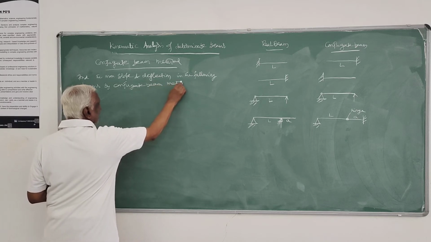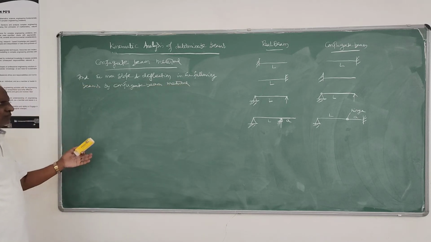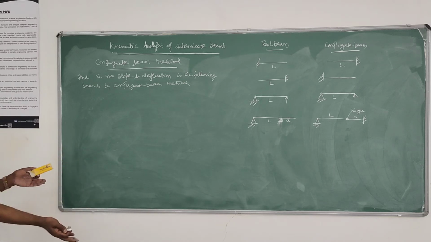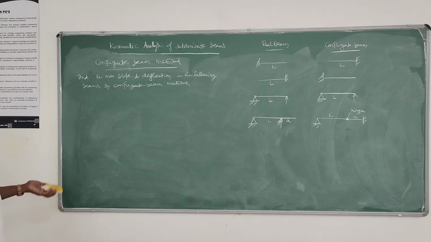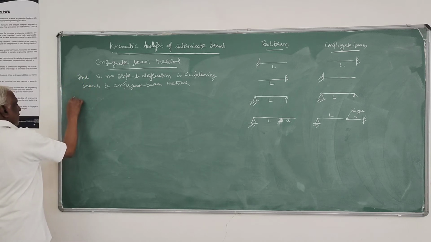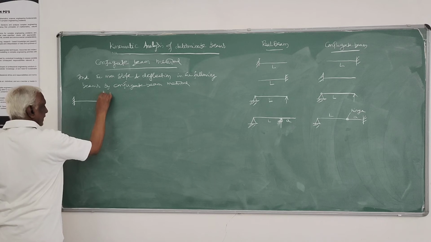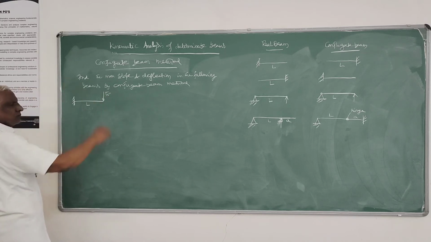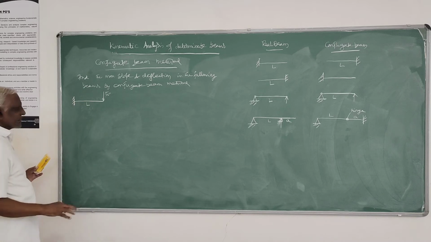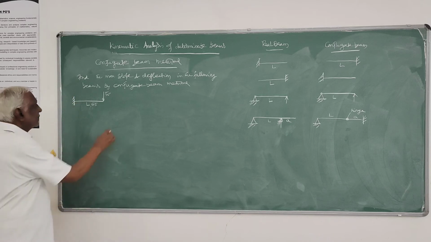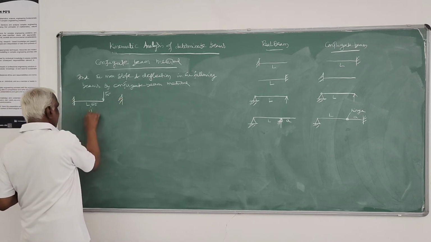I will take up about a dozen problems or less than that. So I will work 50% of that here, remaining you can work. That completes this conjugate beam method or kinematic analysis of determinate beams. First problem, you can take this W N standard example case, I will take. And here is constant. Then this is the first example.